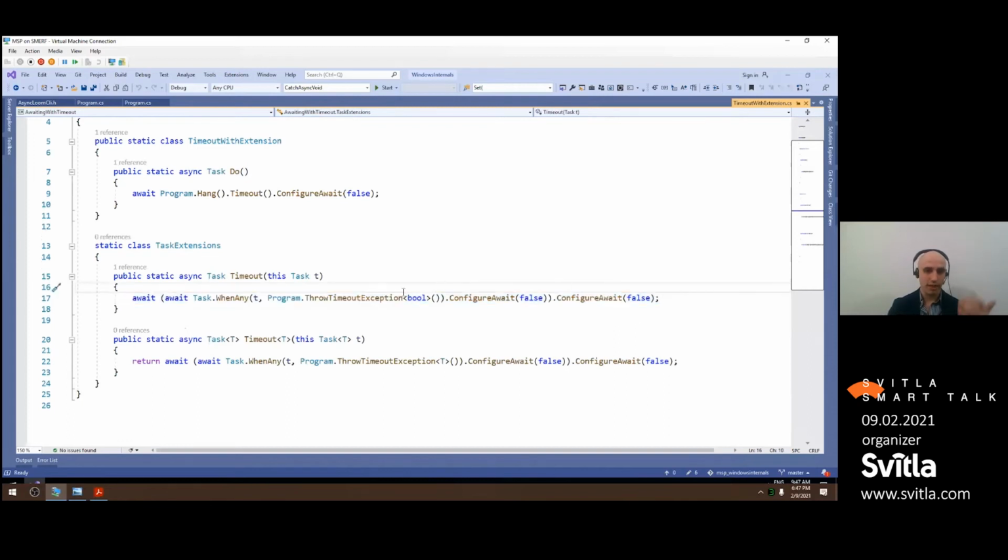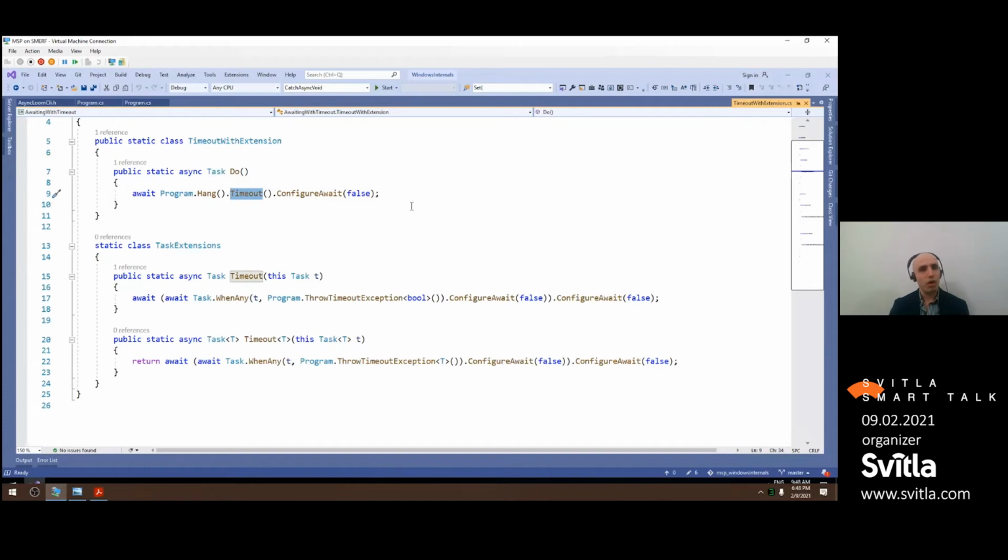We just do the same thing which we did previously. We start the task, we start the timeouting task, we await this with configure await false, then configure await false again, await again, and bang, we end up with this very simple line. So if you ever went to MSDN and tutorial, it told you, hey, just put await here, while in fact it should tell you, hey, just put await here, just call configure await false here, just call timeout here, and